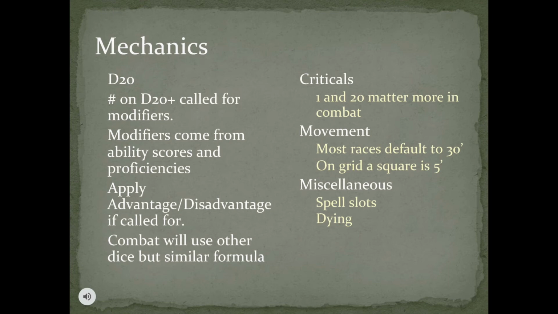Perma dead. The additions to that are if you roll a natural 20, you receive 2 pluses to your saves, and if that brings you to 3 instead of stabilizing at 0, you pop up at 1 hit point and are able to rejoin the fray. If you roll a natural 1, on the other hand, it is 2 failed saves, and if that brings you to 3, you're dead as you would normally be.